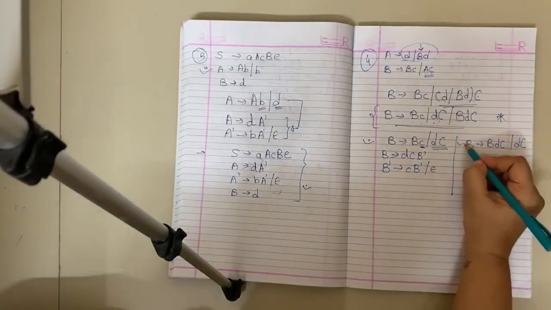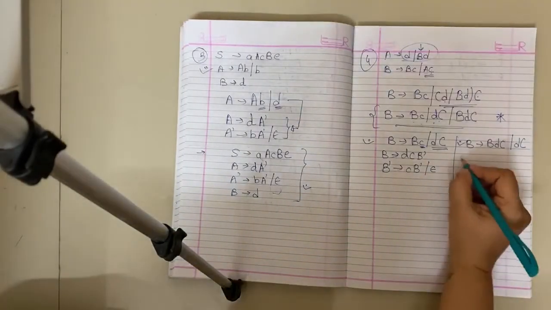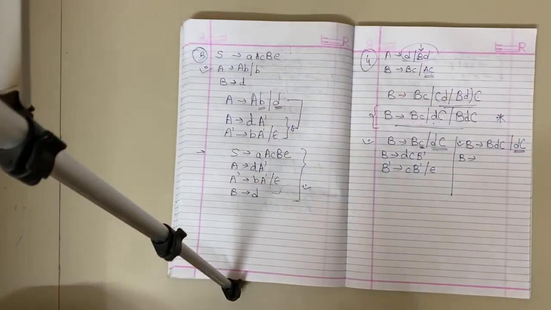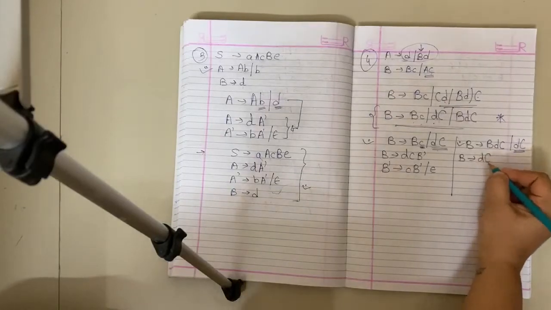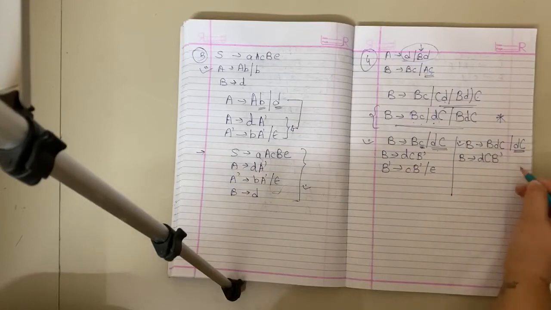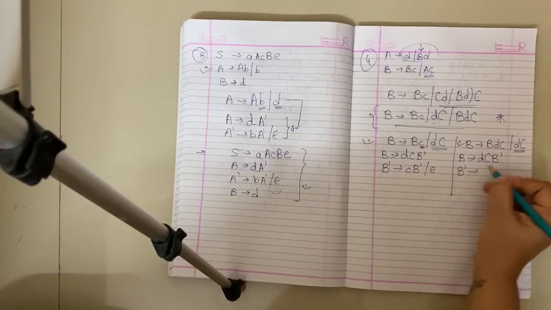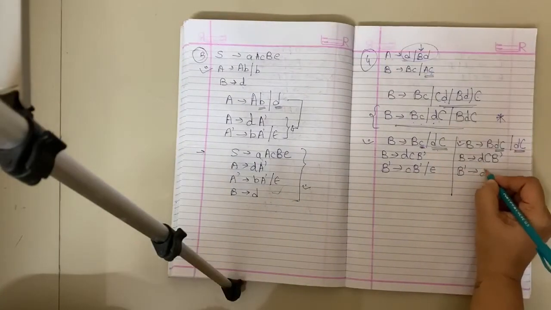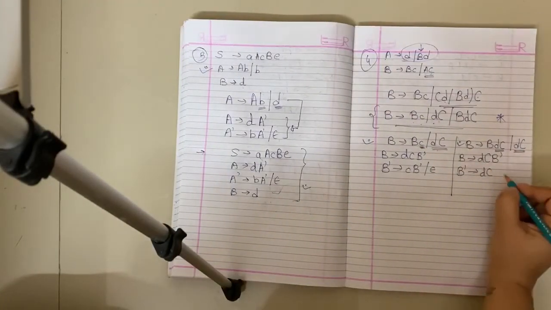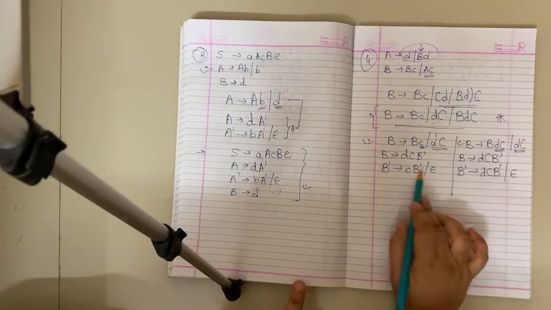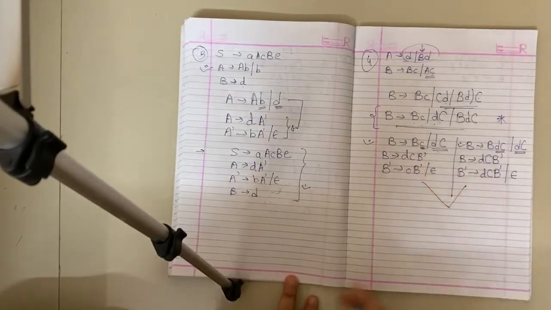If we pick up this pair, what is going to happen here? B derives what? What is the non-left recursive rule? Small dC. So small dC, what you have to append? The dash non-terminal, that is B dash. What is B dash? What is remaining over here which is non-left recursive? Small d capital C. So small d capital C and again B dash is going to be appended, or epsilon. See, it's so simple.